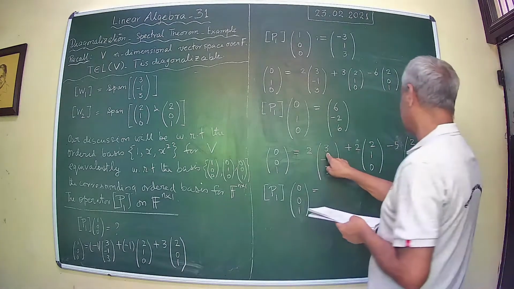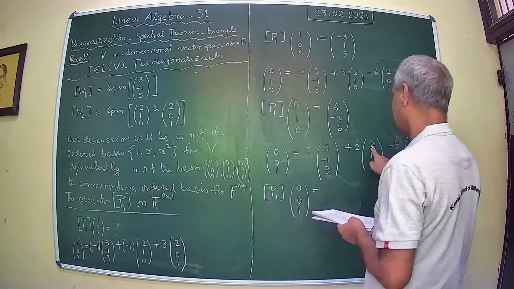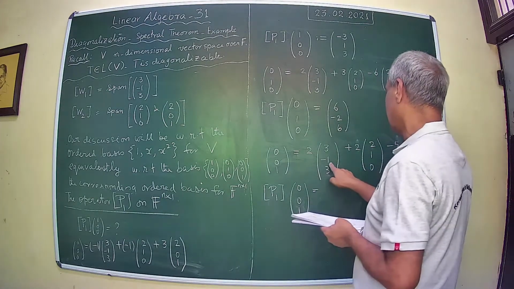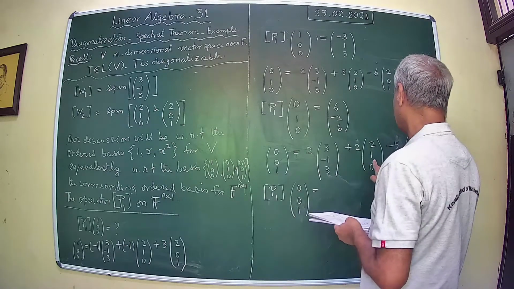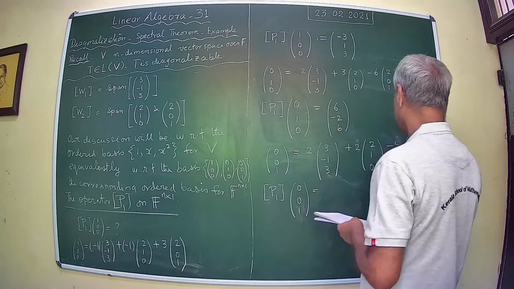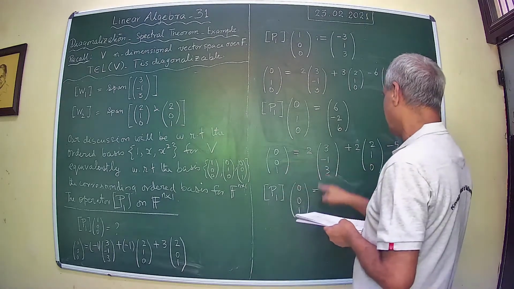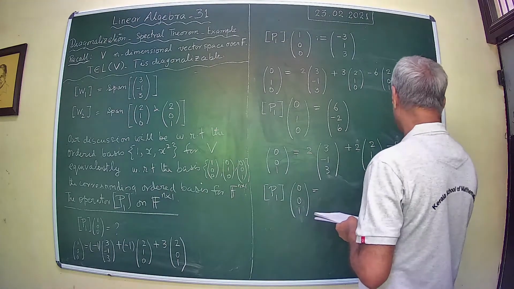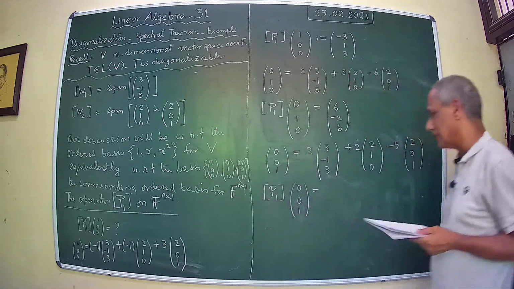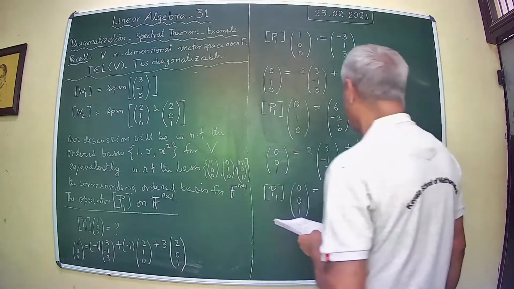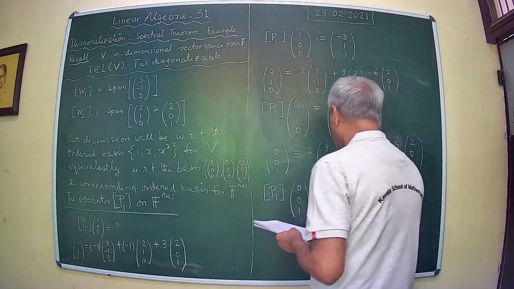This is 6 plus 4 minus 10, 0; minus 2 plus 2, that is again 0; 6 minus 5 is 1. So that's the right breakup. Therefore P1 of 0 0 1 is in fact